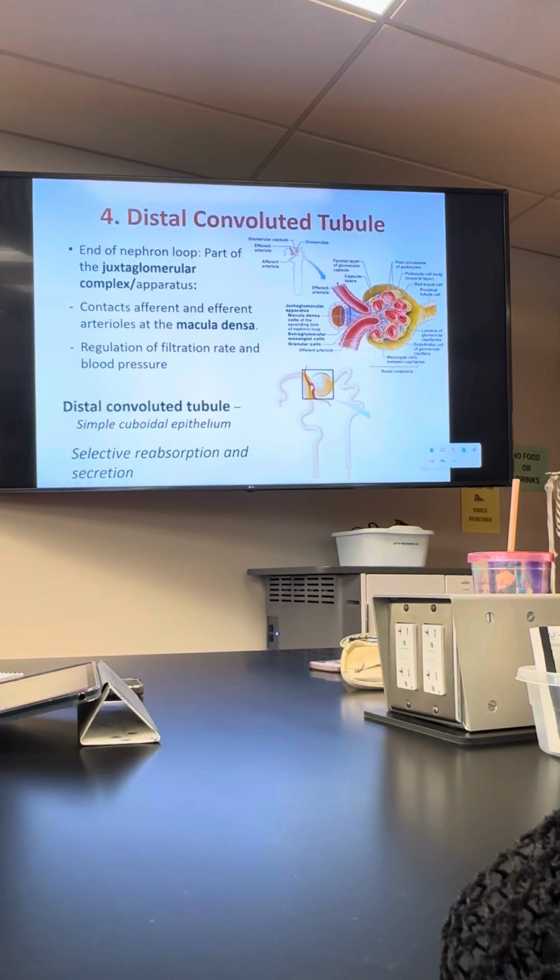It goes around the loop, and only if it's a long loop, which I didn't go over. You have the ones that are short loops and you have the ones that are long loops. When you look at the model, some of them are short, some of them are long. Only the one that has a long loop is going to have a vasa recta. Why do the short loops not have one? Because they don't contribute to that saltiness, because they don't go deep. They're just there. They help. They contribute to